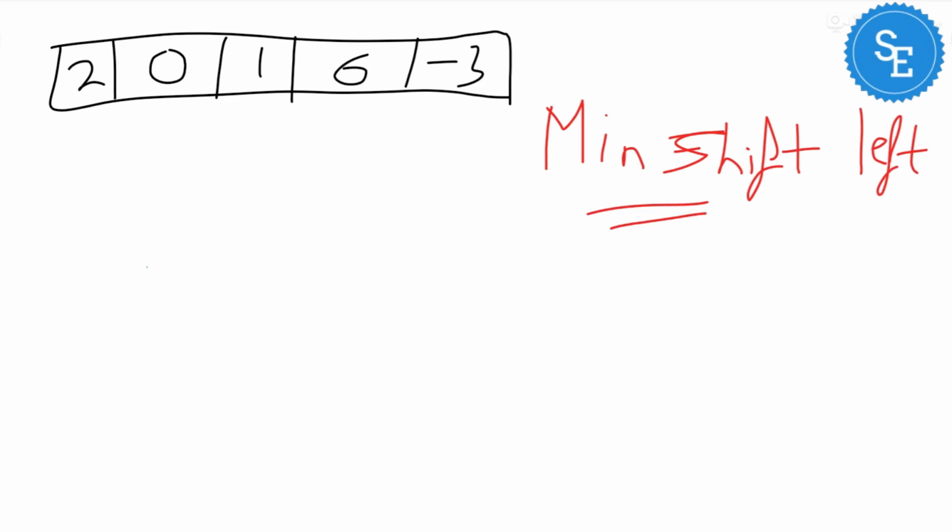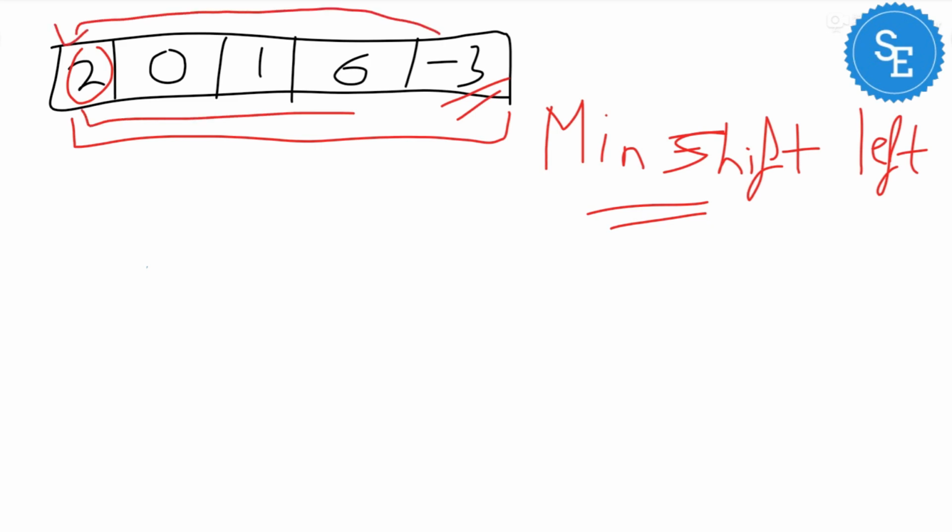So first we will consider this to be the minimum and we will be comparing it with all the values to check the minimum number that is available. So when we see that the minimum is at -3, what will we be doing? We will be putting -3 here and we will be putting 2 here. So the new array will become -3, 0, 1, 6 and 2. So we can see that -3 has reached its final position, and so we will be now swapping only this